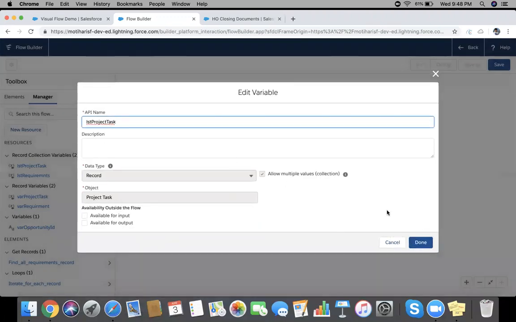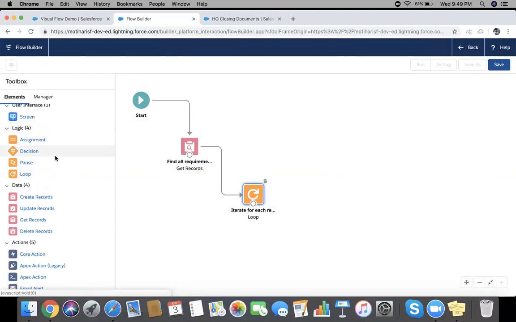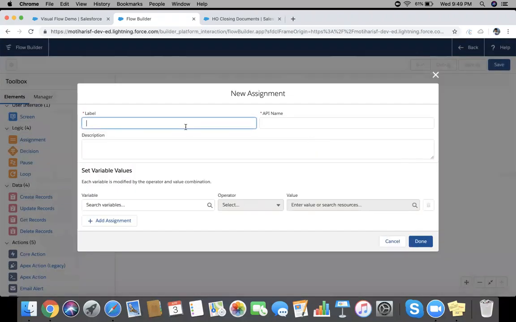Record list of project task. Yes. Now when this for loop will be iterated, then we need to drag an assignment element. So give a name, assign new project task. Okay,